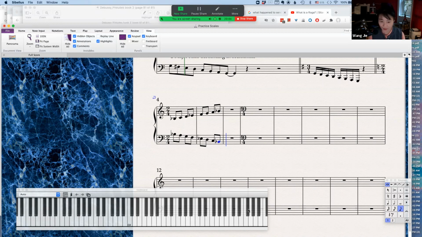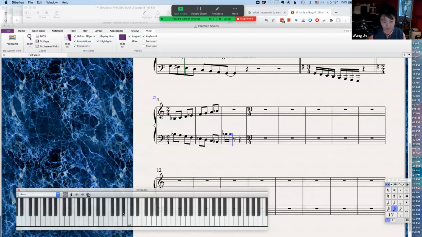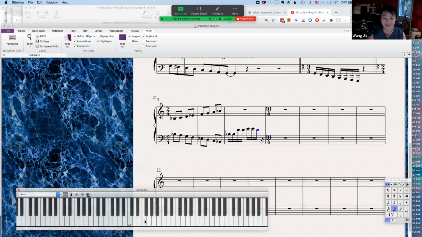Okay, so let's select the 16th notes and let's just play whatever it is that comes to your mind. For me, what comes to my mind is, okay, so that's just an example. You can just play with it in the key, in the scale,